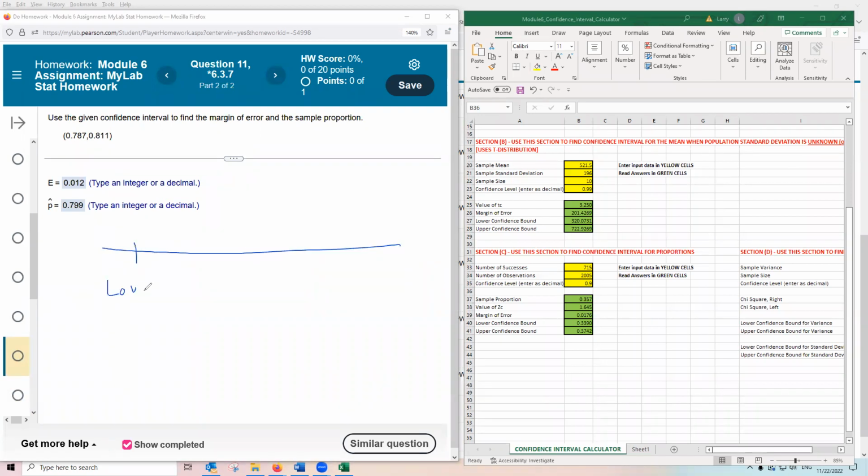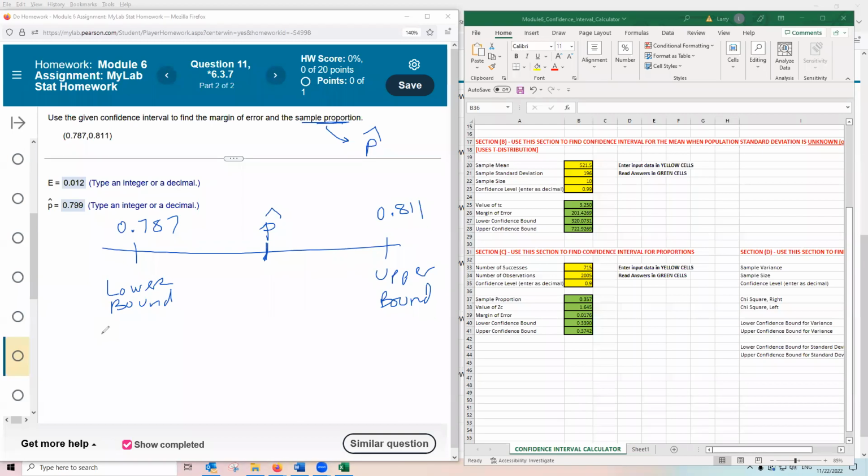So the lower bound they're giving me here is 0.787. The upper bound is 0.811. This is a confidence interval for a proportion. Well, they want to know what is the sample proportion. We call that p hat. Well, p hat is always exactly centered,